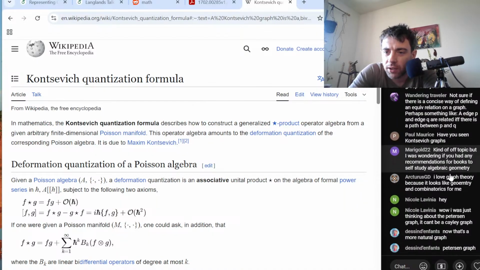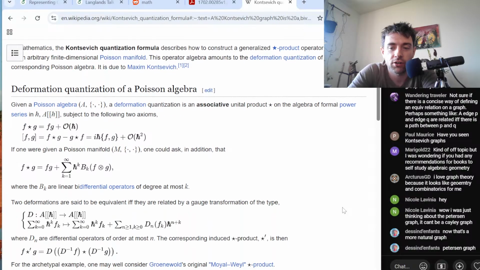Kind of off topic, but you were wondering if I had any recommendations for self-study algebraic geometry. Well, Ravi Vakil now has a hard copy of his